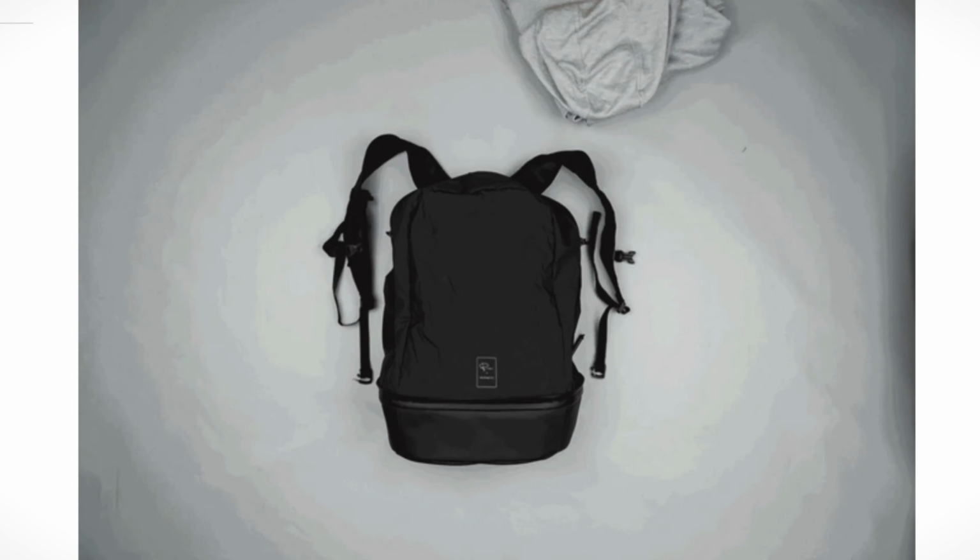So this cube is basically designed for things like your drone, like large lenses, like the larger things that you might travel with that don't really have a pocket and that you don't really want to use dividers for. This cube is designed for that. And one of the really great things about this cube is that it expands out into a 21 liter day pack. So not only is it a cube that has a lot of large space for things like a drone and like that huge lens that you bring that you never use with you, it also converts into a day